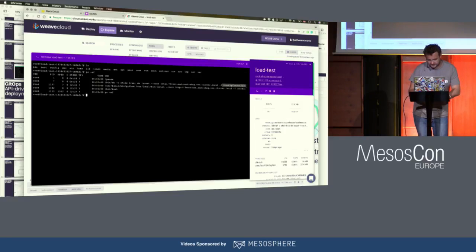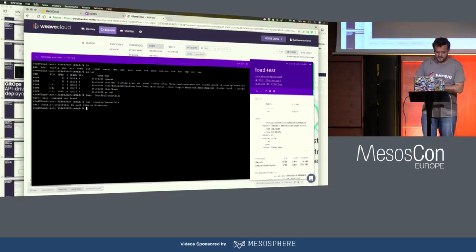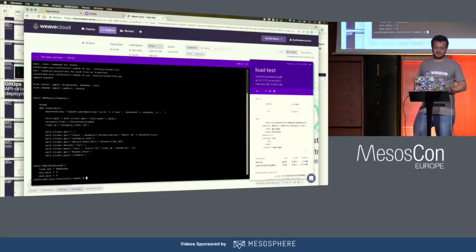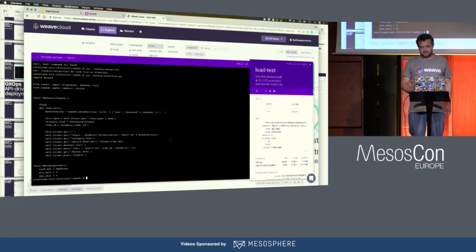So supposedly I'm very curious, what's in that config file? Fat fingers today. Oh yeah, it's .py. I missed that bit. So yeah, we can take a look at the code that's running in this container if we really wanted to.